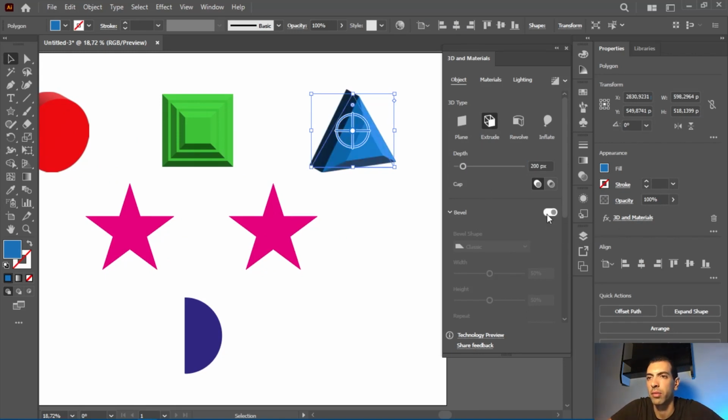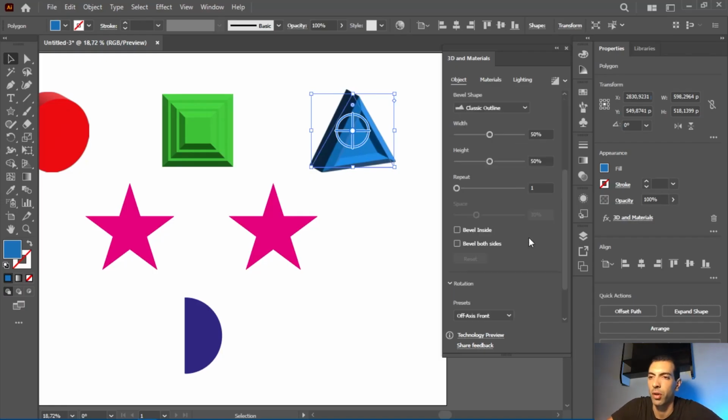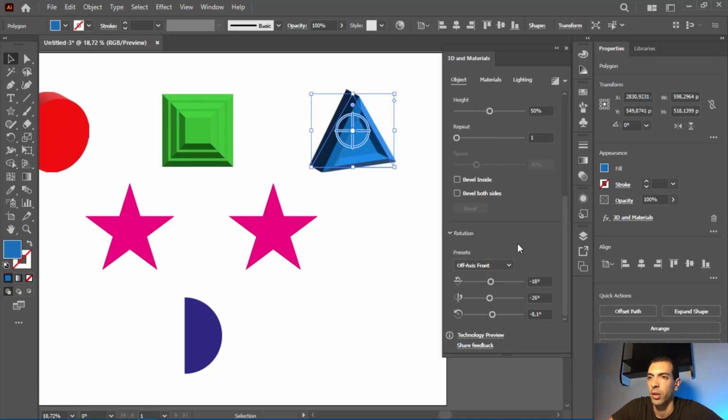I'm gonna add bevel like this, and when I click here, I have many options to choose from. This time I'm gonna choose this option, classic outline, and we get a shape like this. I can modify the values if I want to, but I'm not gonna do that. Control Z, go back, and that's it. I'm not gonna change anything else. I'm gonna leave the rotation like this,